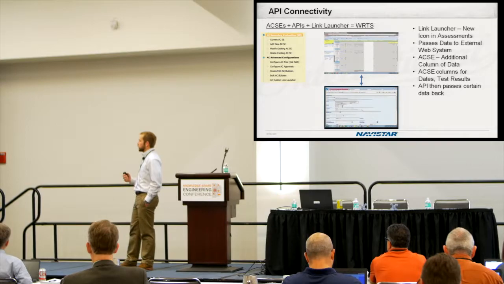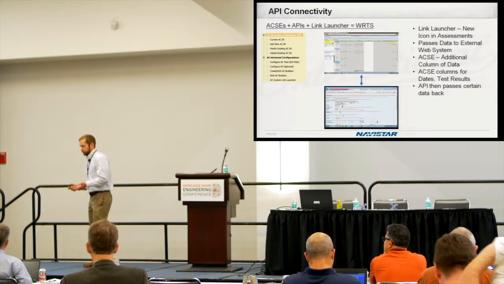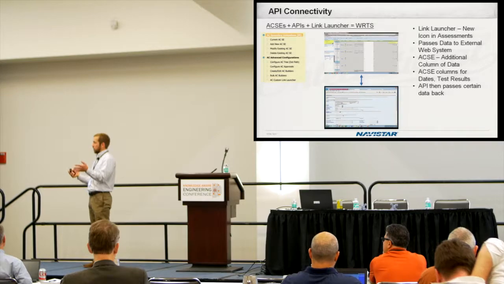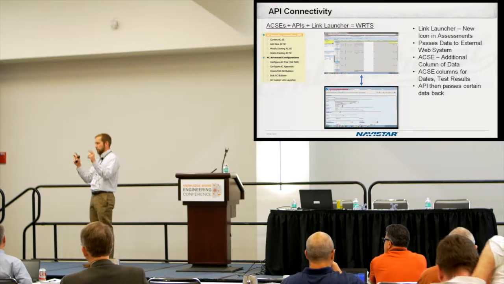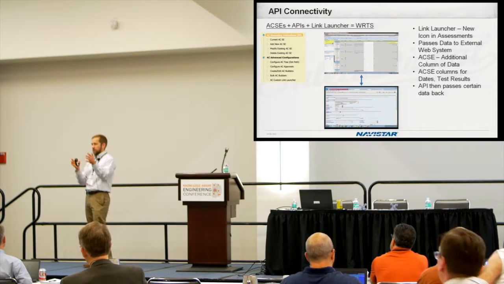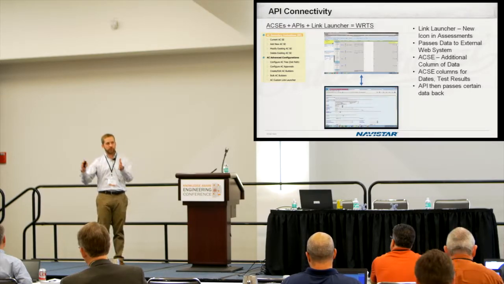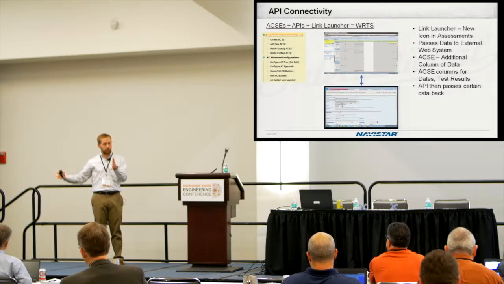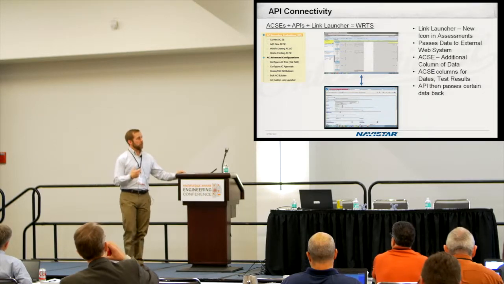What the Link Launcher does is add a new icon in the assessment, way over at the right-hand side. So let's say I'm doing an assessment around fuel economy or around aftertreatment. I have my requirements, and now I'm trying to get to my DVP, my design verification plan, where I want to start saying, here's how I'm verifying those, here's the sample sizes, the dates, who's doing it, and all that kind of stuff. So what we do is define